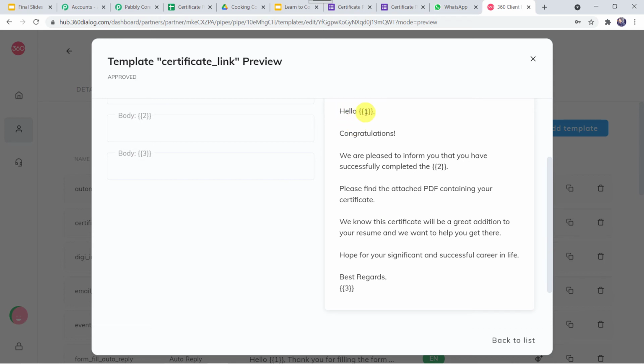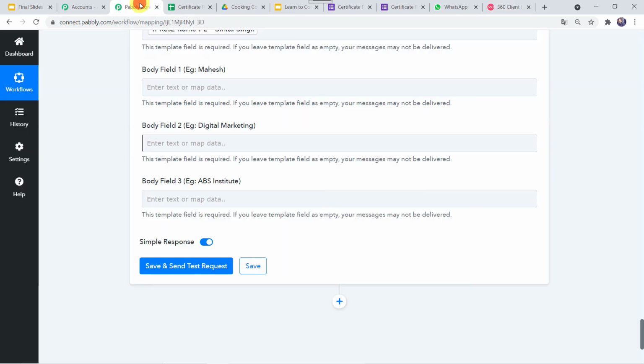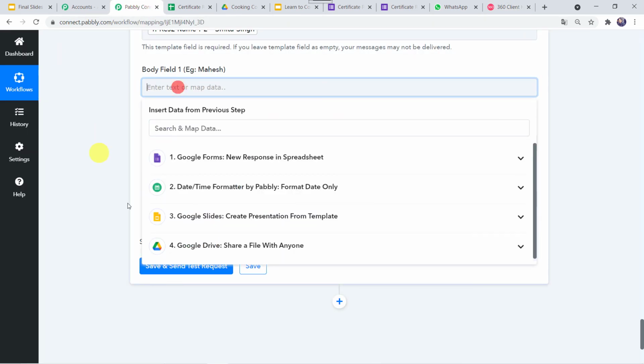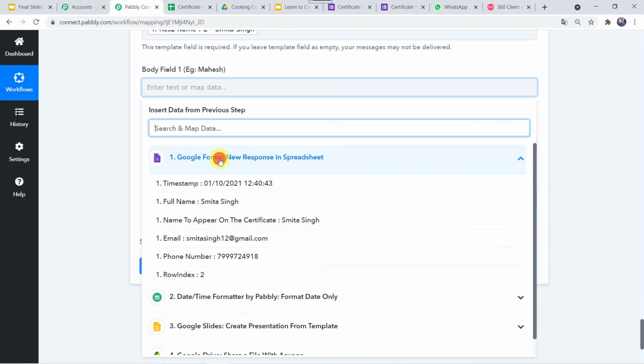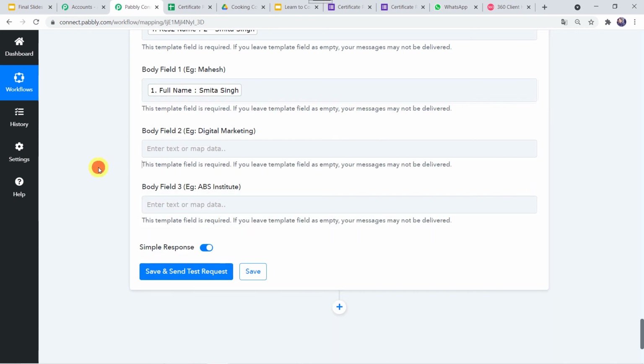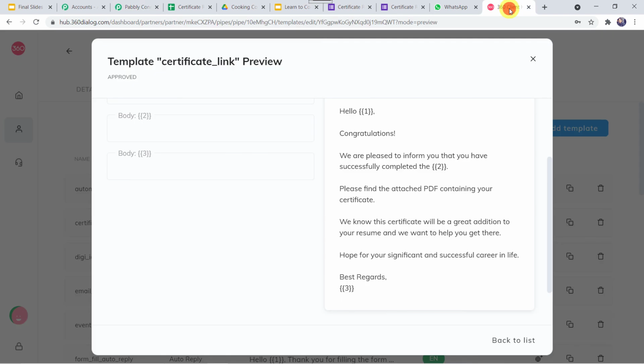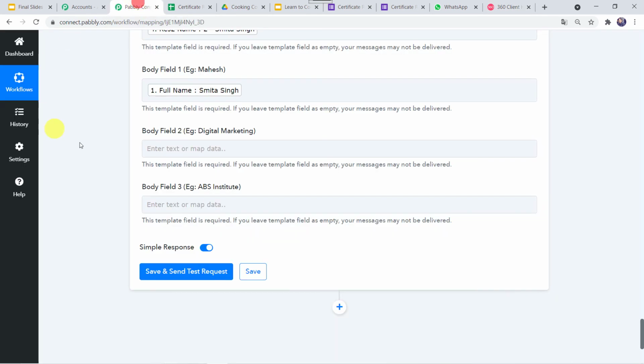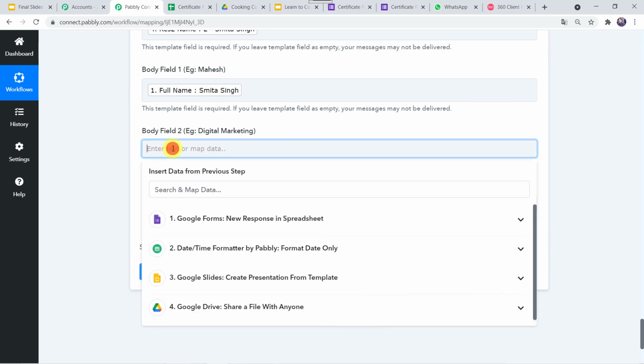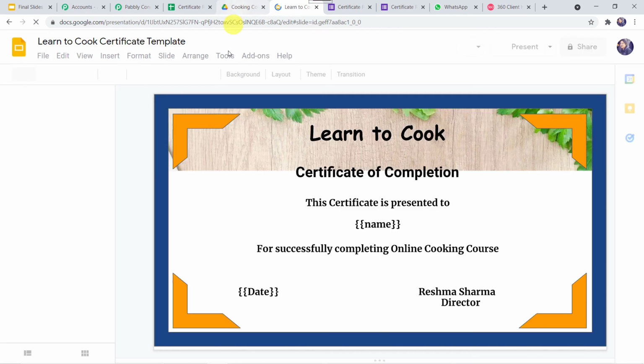So we have to give the details now. I'll go back. Here I'll give the name of the participant who has attended the cooking classes, that is Smita Singh. Okay, the next body field was: we are pleased to inform you that you have successfully completed the, and we have to give the course name over here. So I'll go back and give the course name as online cooking course. This was mentioned on our certificate also.